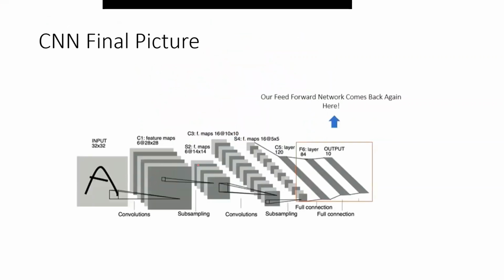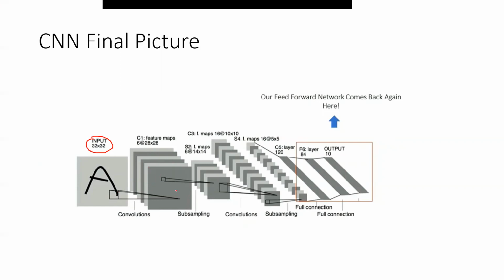So this is the final picture for CNN. This is a handwritten image. We pass this image through the convolutional layer, where we have to define the kernel size of the filter and decide the number of filters, or number of weights, and then create a number of feature maps. Over here, if you see, we have a 32 by 32 size image, and we have created six filters, six different weights, and for each weight one important feature map is created, right?